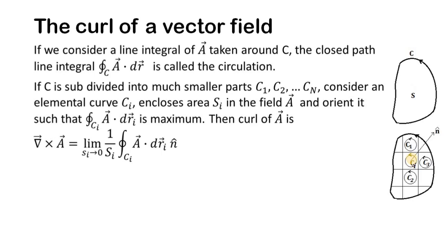Here the line integral is evaluated by traversing the perimeter of area Si on the side of the unit vector n cap as the side of the right hand screw advances. That means if the line integral path is taken in the anti-clockwise direction, then this is the direction of n cap. If the line integral path is taken in the clockwise direction, then n cap becomes opposite to the n cap shown in this particular diagram.